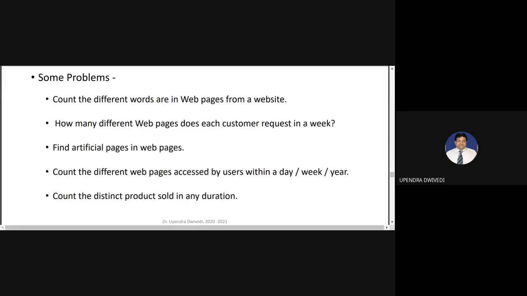For example, first, count the different words in web pages from a website. If you are not able to think about the solution, can you provide a scenario where we can face this type of problem?